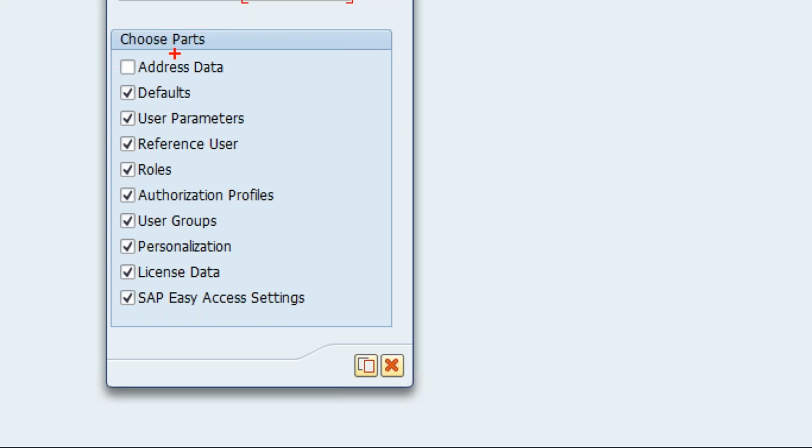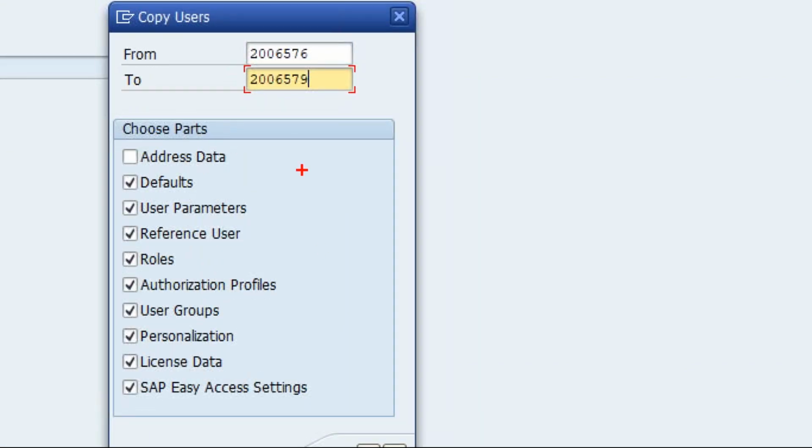Choose the parts. If we want to copy the address data from 2006576 to 2006579, you can, but the address is different from user to user, so there is no need to check the checkbox here. By default that is unchecked, because the two users' addresses are different, so no need to copy the address. Remaining data like defaults, user parameters, reference, roles, authorization profiles,